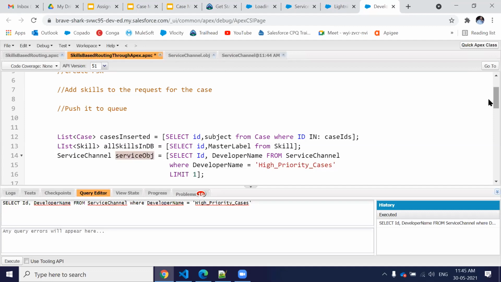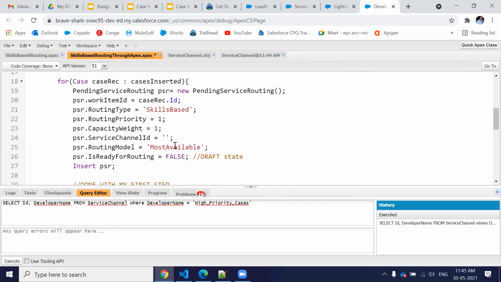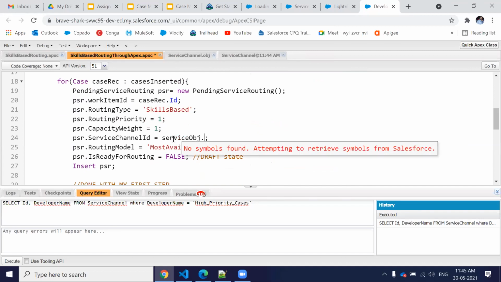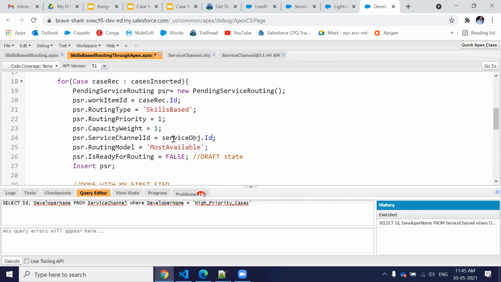And just provide this ID into your model, into your service channel ID. So we have provided our routing model, the service channel ID.